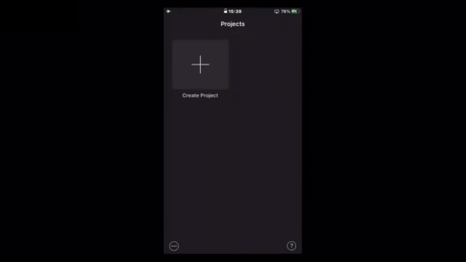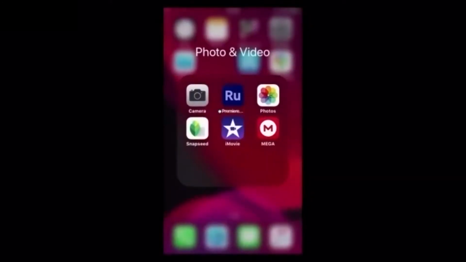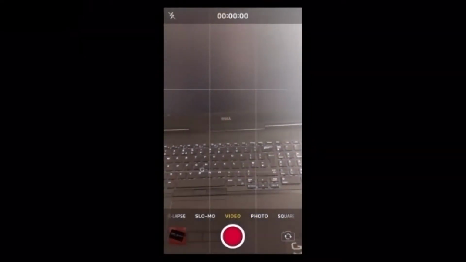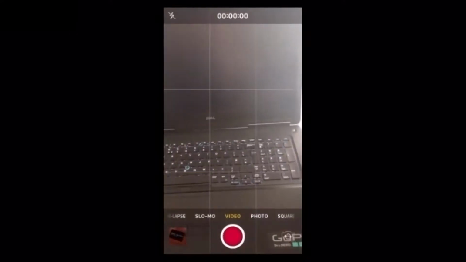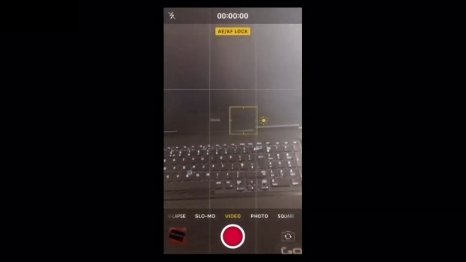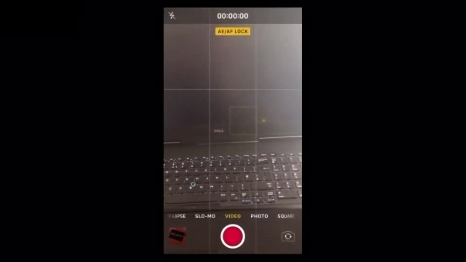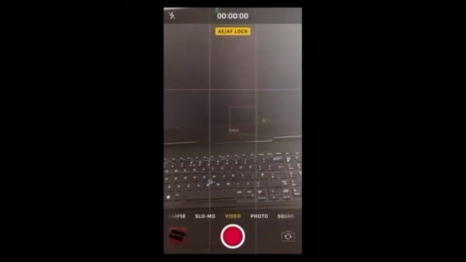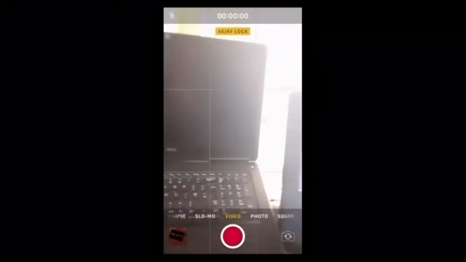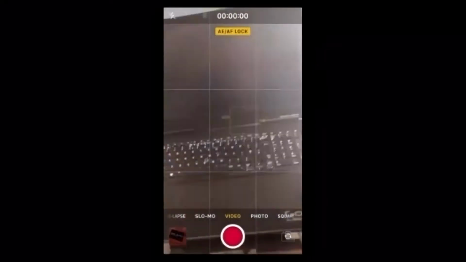Here we go, iPhone. Get the camera up, get the video on, and then if I press and hold on the screen, again you can see it now says AE/AF lock. So if everyone can have a go at trying to do that with their phones,